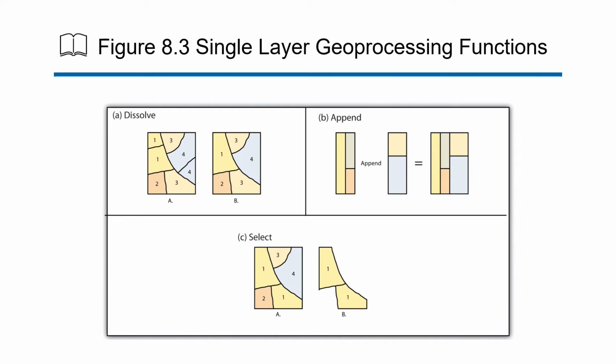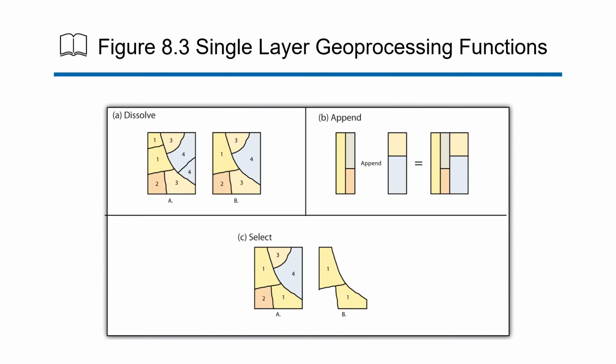So here we can see dissolve. Notice that you've got some 1s, some 2s, some 3s, and some 4s in A. If you dissolve, all the number 1s become number 1s as a single entity if they can be dissolved as such. So those two polygons labeled 1 that are coincident, the coincident boundary goes away and you're left with that polygon. Same way with the number 4s, where the 3s are not together, they're not coincident in any fashion, they remain